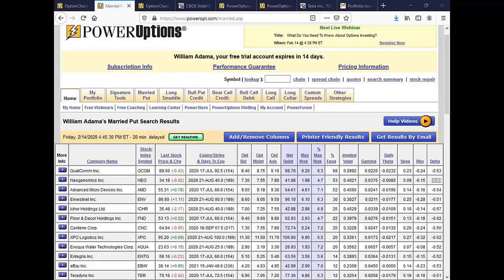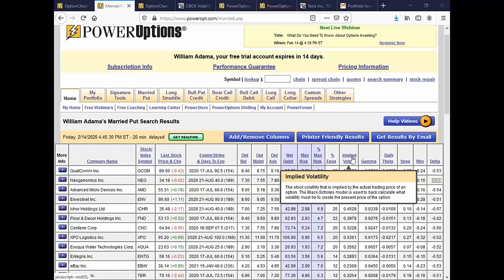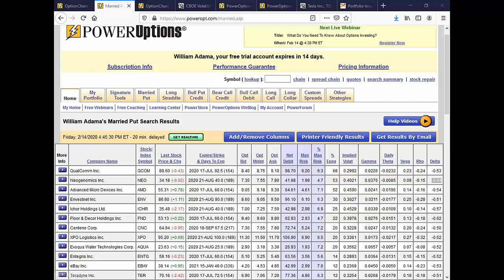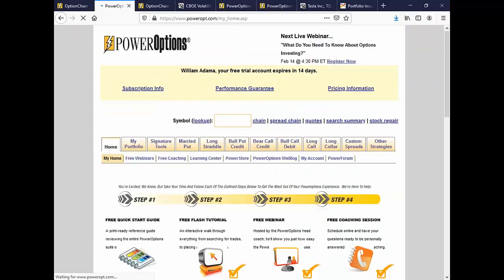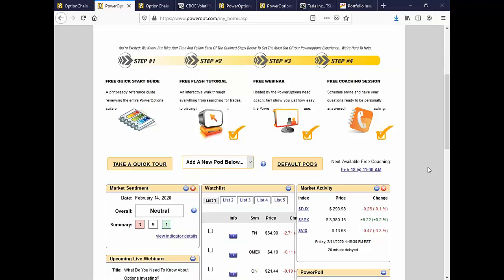Now, that being said, the Greeks, delta, delta ratio, gamma, theta, are very important to me, and implied volatility as well, as we showed a little bit earlier, very important to me when considering diagonal call spreads, diagonal put spreads, or the double diagonal we looked at a little bit earlier, that earnings double diagonal on FSLR, which I'm not saying I'm going to do,